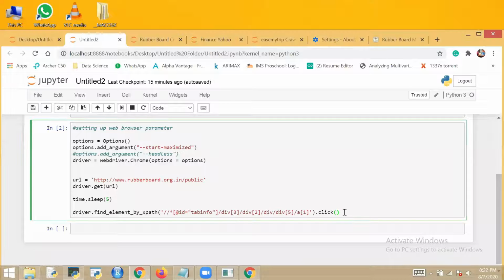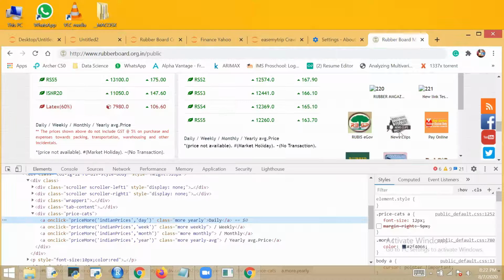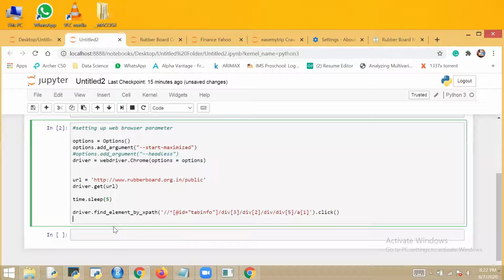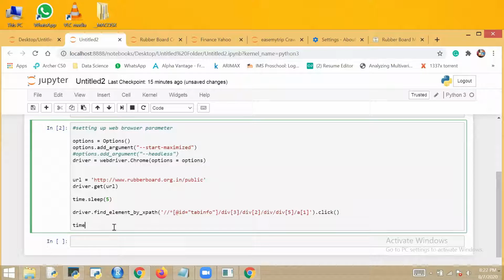So after clicking on it and going to the next page, just wait for another 5-10 seconds for the page to load. Whenever you click to go to the next URL, it's better to put sleep. Why? Because if you give find element by XPath, that page won't be loaded and your script will execute before the page gets loaded. So it will give you an error, the element which you are trying to search is not found. Though you have given the correct path of the element, it will throw you that error.